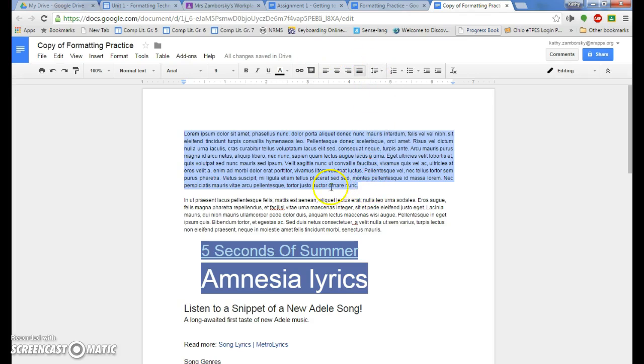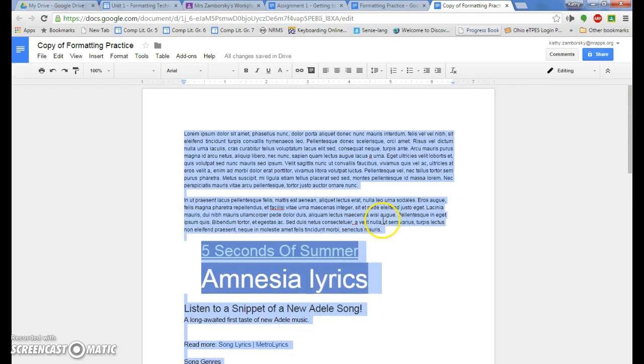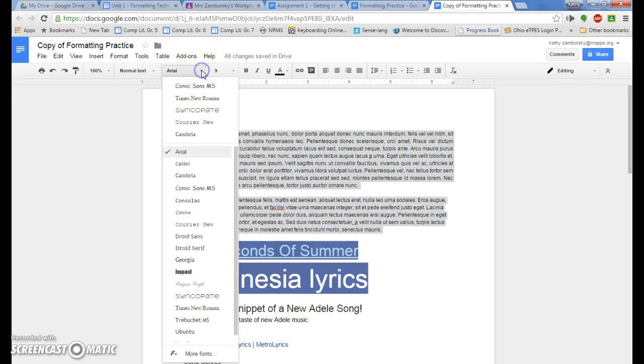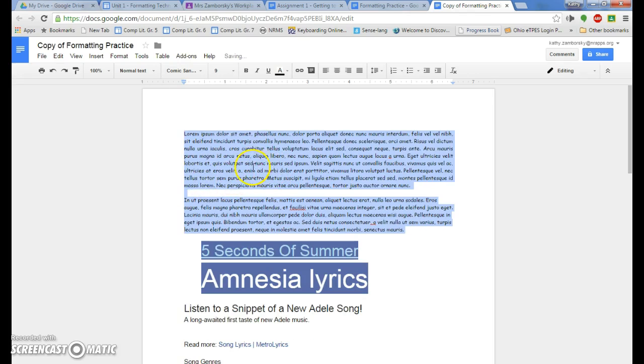Now I'm just going to address the font and font size briefly because most people understood that you select what it is, and if I said the entire document, you would do Control A to select all, or whatever section you are working with. But right now I'm just going to select these two paragraphs, and you can change the font to whatever it is that you're being asked. So check them out. We'll go to Comic Sans,